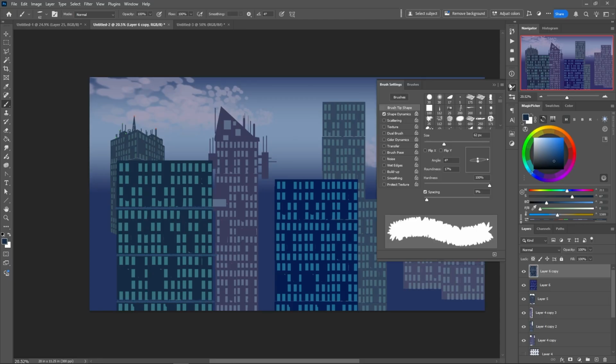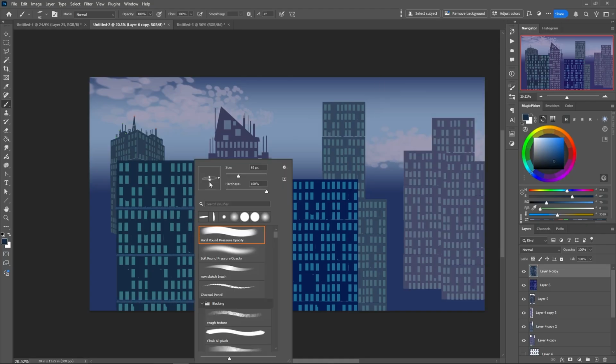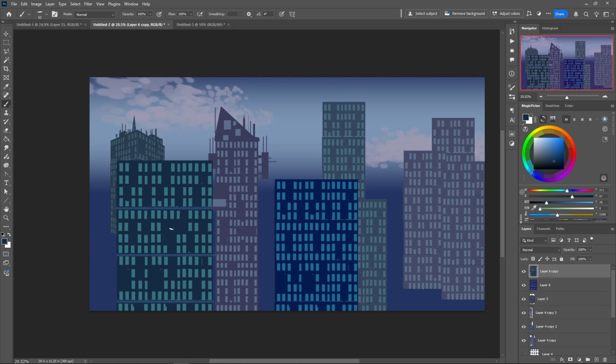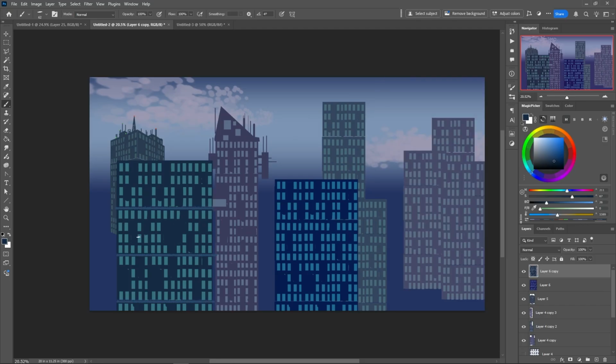Oh, and I've still got, let's go into shape dynamics and turn this off, and make sure everything's off there. And I think my scattering, so shape dynamics, angle jitter. Let's turn the angle jitter off. That's what's doing it. So now I can again play around with this,